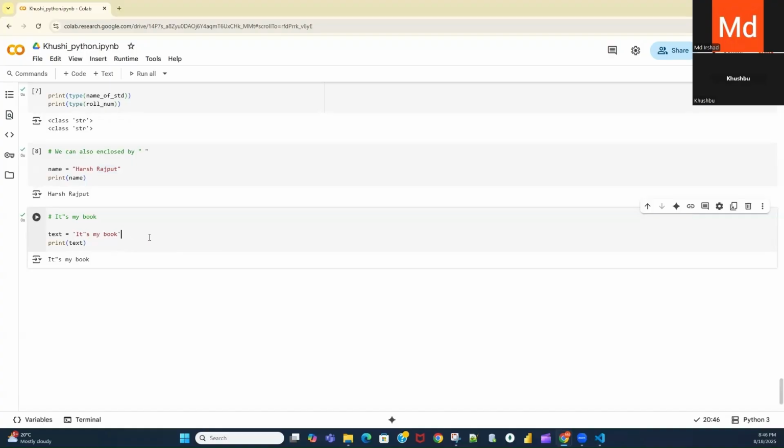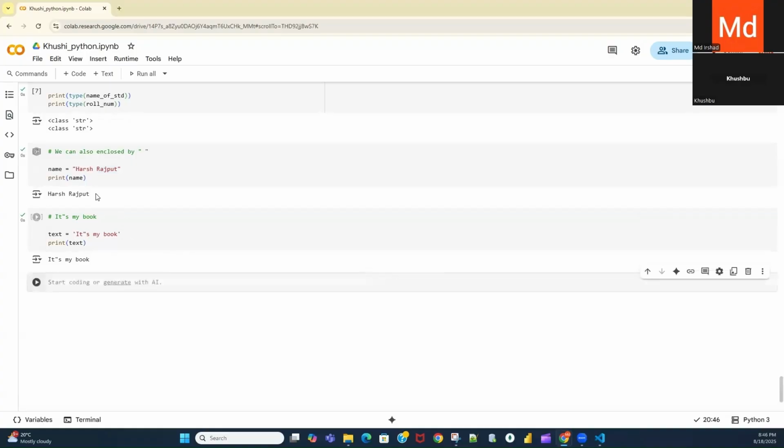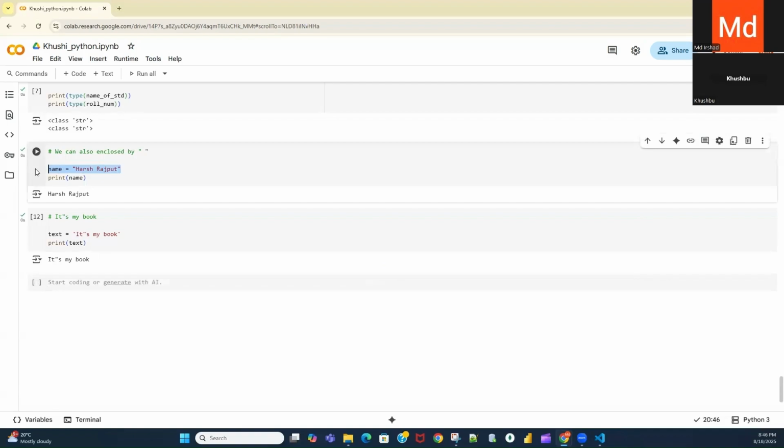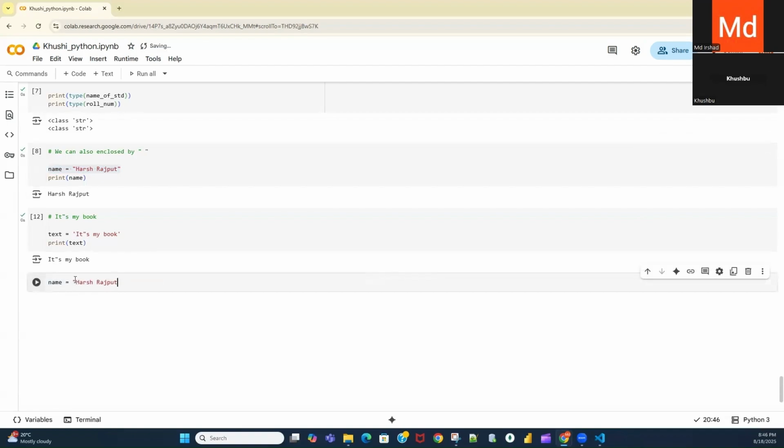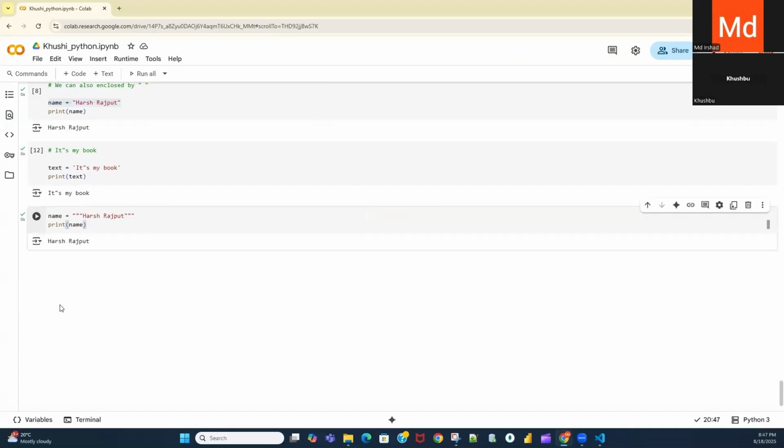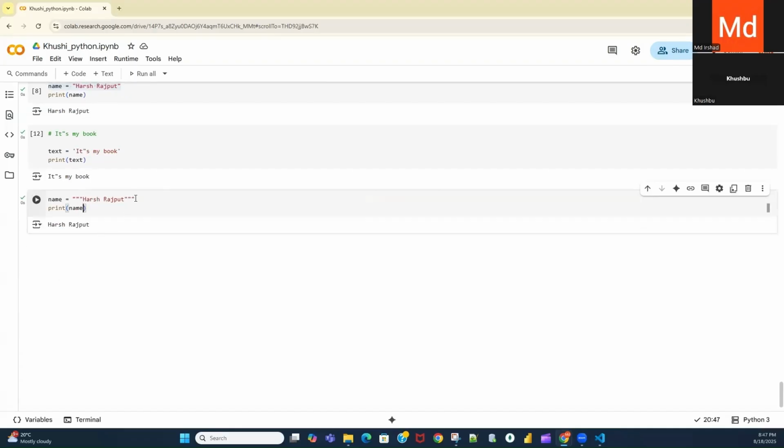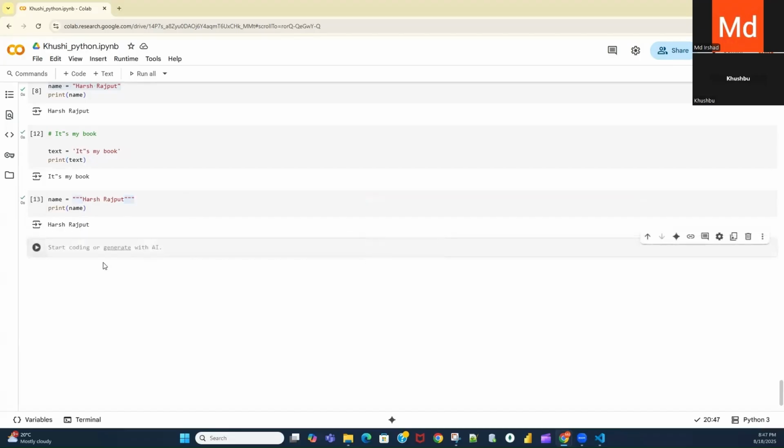Okay. Now we can also enclose this value. So here, if I'm using double quote, I can also enclose this one as a triple quote. Triple quote will also work fine. Print name, execute. So here again it is working fine. Now again you will ask the question, why this triple quote? Why is it required? So sometimes what will happen in a function, in a method, I will tell you why it is required.